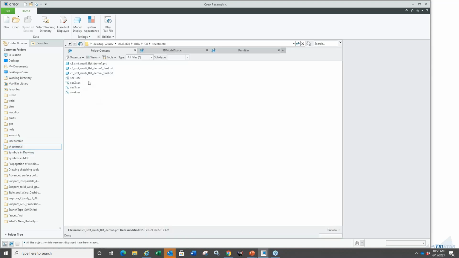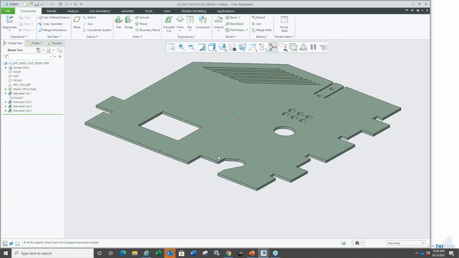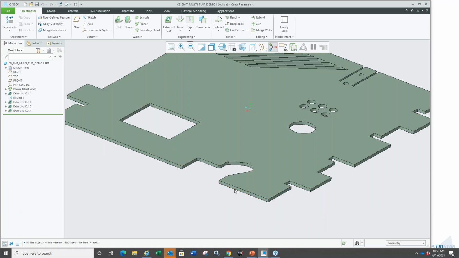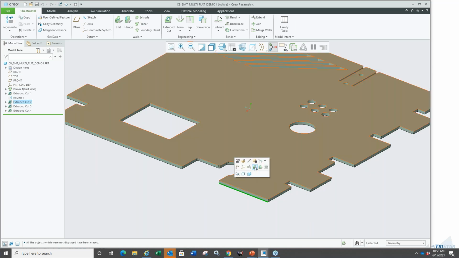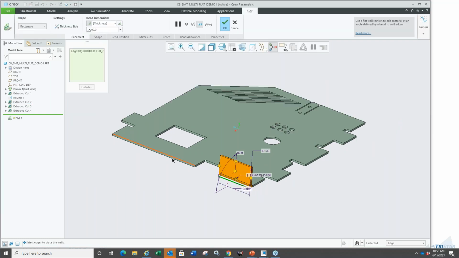On the sheet metal side, let me quickly show you one example of how quickly you're able to add these additional walls. If I create a flat wall, there it is, right? I created a flat wall. Now I'm able to hold the Control key and select additional ones. Before, you couldn't do that with a flat wall, right? For example, I might want to